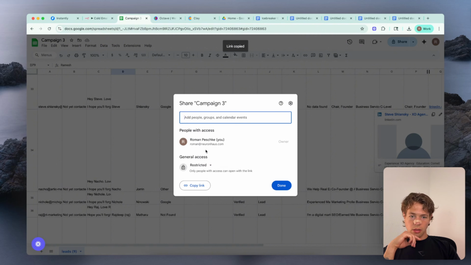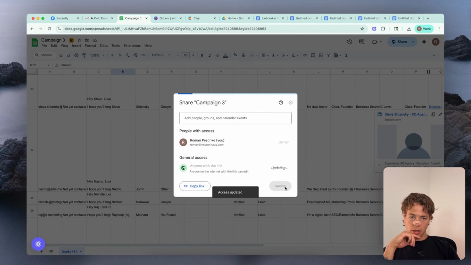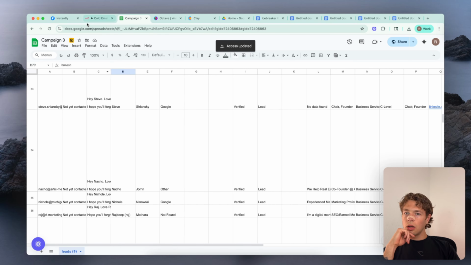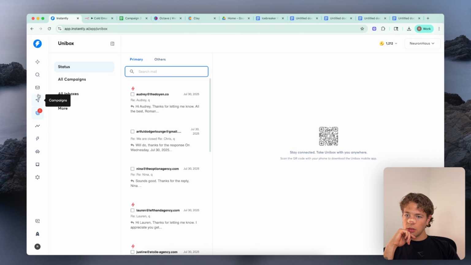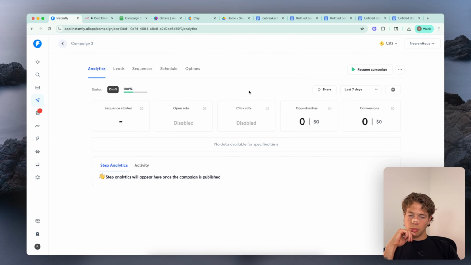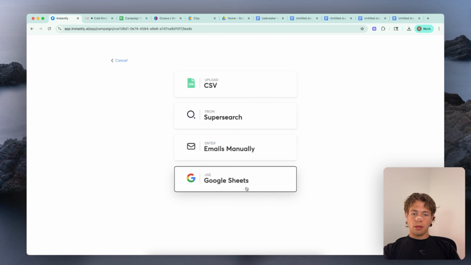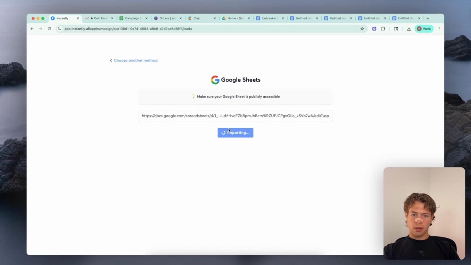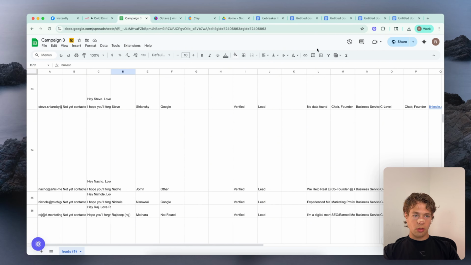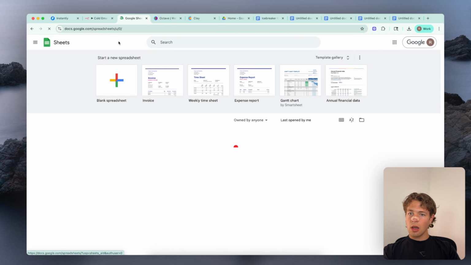Let's copy that link. Share it to anyone with the link. Editor. Done. Instantly. Campaigns. Campaign 3. Add leads. Google Sheets. Bang. Oh. Alright, I'm just going to export this then.